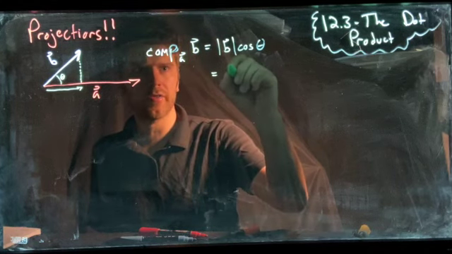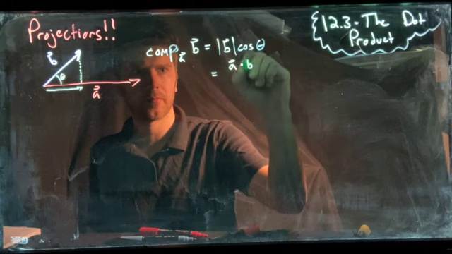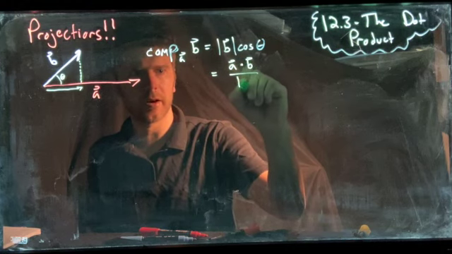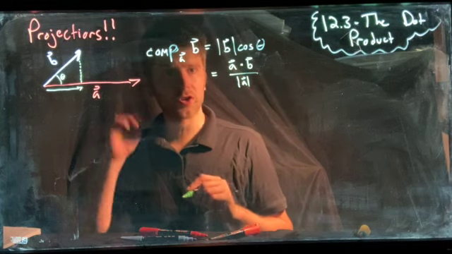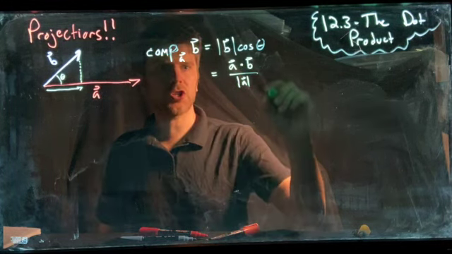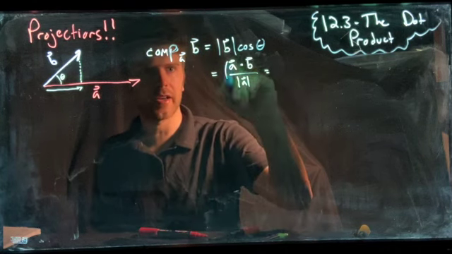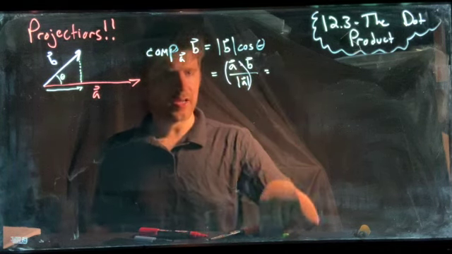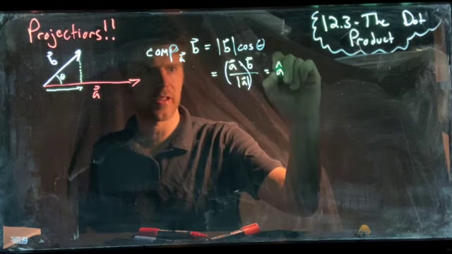So I could in fact write this as A dot B divided by the magnitude of A. This is actually not as arbitrary as it looks, especially if you consider that if you take A and the magnitude of A and group them up here, this is really just the unit vector in the direction of A. This is A hat